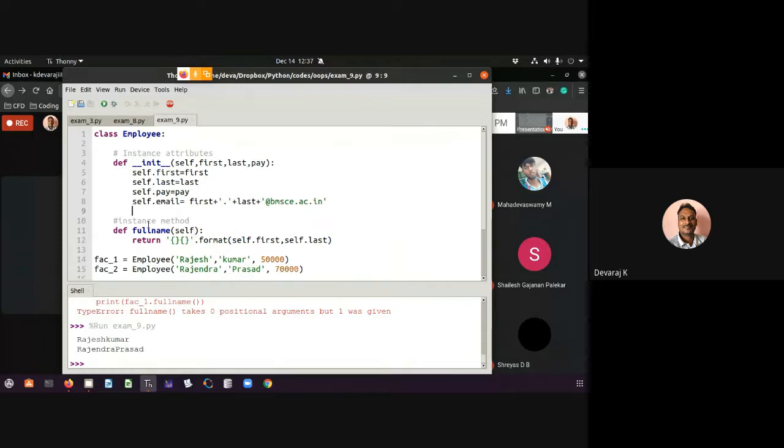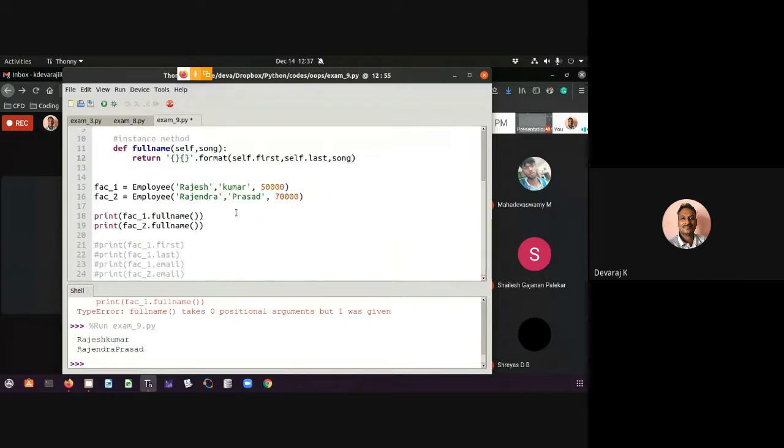Say, for example, for the same method, I can define one more instance method. Let me create it. The same thing, instance method, I will modify. Say that particular faculty can sing. I can call it song, or whatever it may be. This faculty first name or last name, comma, song. What song is playing? I should be able to define that song. So I should call that instance method. If I want to do that, I should call the instance method somewhere.